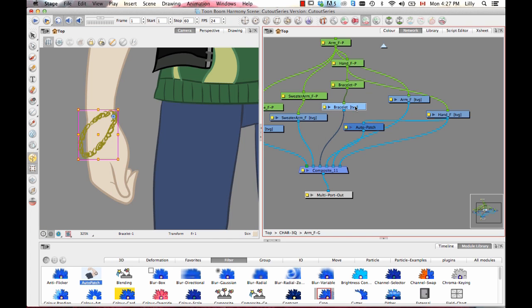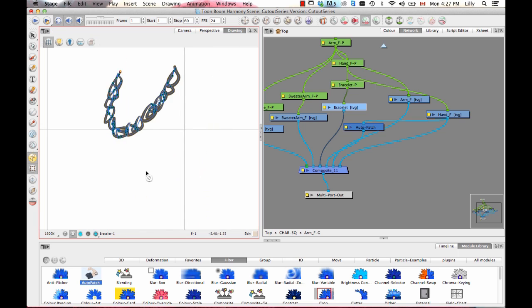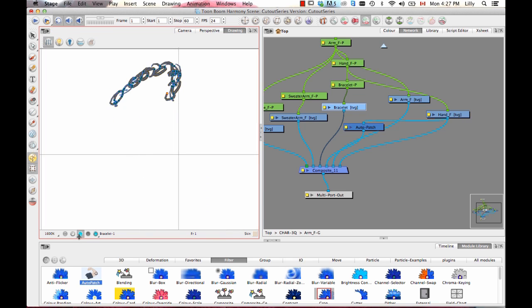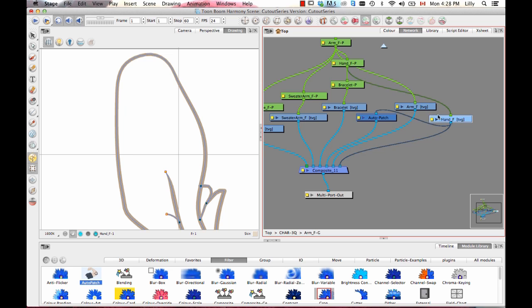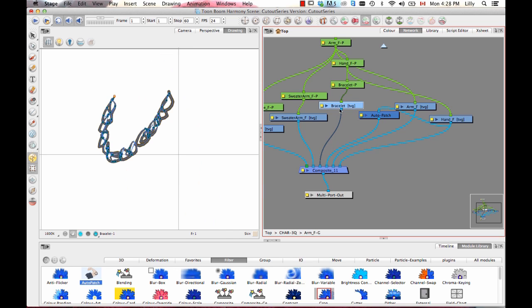Similar thing going on here with the bracelet. I remember when I drew this bracelet that I drew part of it in the line art and part of it in the color art. So I guess I did do a little bit of this. I'll show you guys a little trick here as well. So let's keep this as organized as possible. For the bracelet, I've got